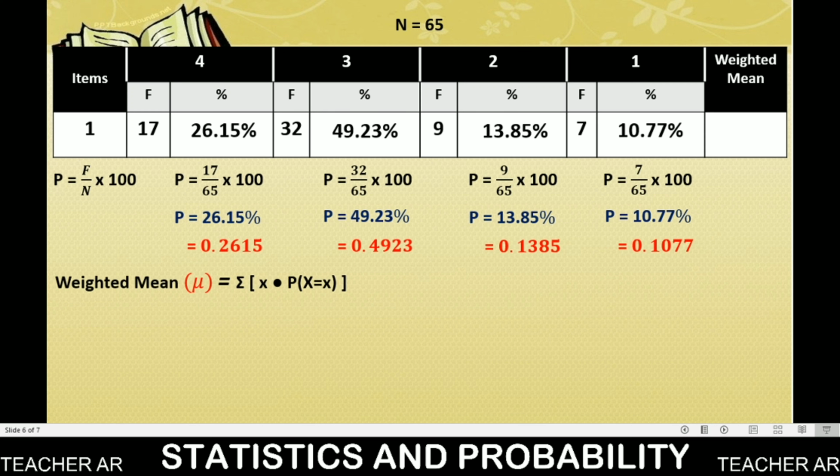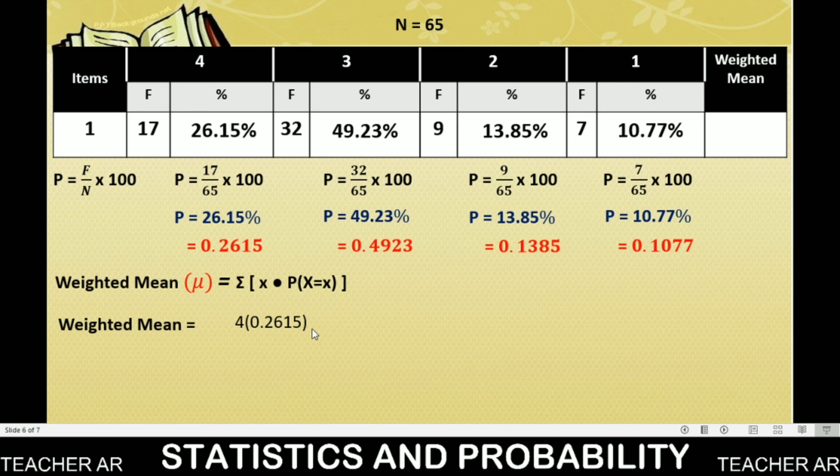The formula again in computing the weighted mean is the summation of x times its probability. The percent here, class, symbolizes the probability. And the legend 4, 3, 2, 1, these are our outcomes, or these are our x. So let's start. We are going to multiply the legend to its probability, then after that, we need to add all the results. So let's get started. The weighted mean is 4 times the decimal form of the percent,